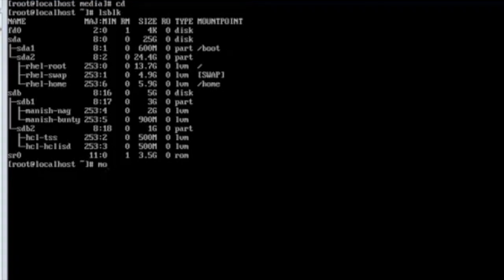So how will you do it? Just write mount, then you have to write /dev, in this format so that the command runs in a proper way.